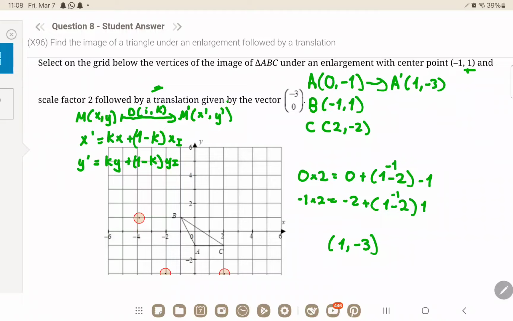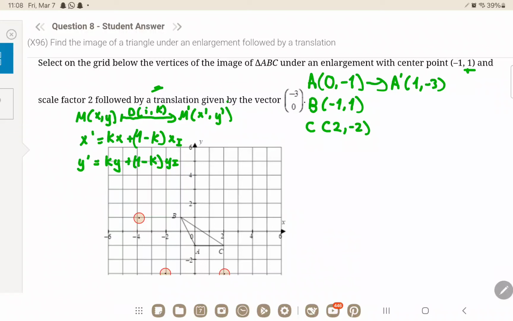Let me just check something. It would be 2, negative 3. Okay. That's for our point A. Let's do our point B now. Later we'll worry about the translation. Translations are easy. B is negative 1, 1. So negative 1 times 2 plus 2 minus 1, or 1 minus 2, sorry, my bad, 1 minus 2 into